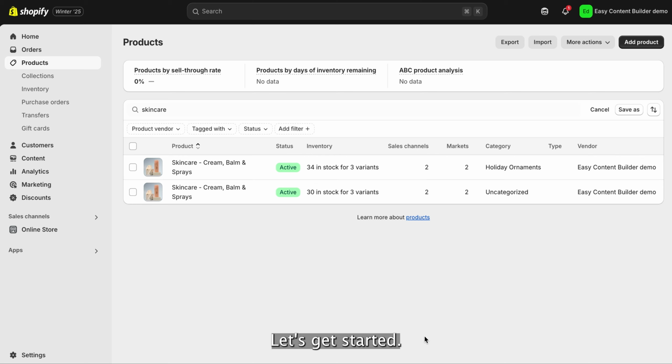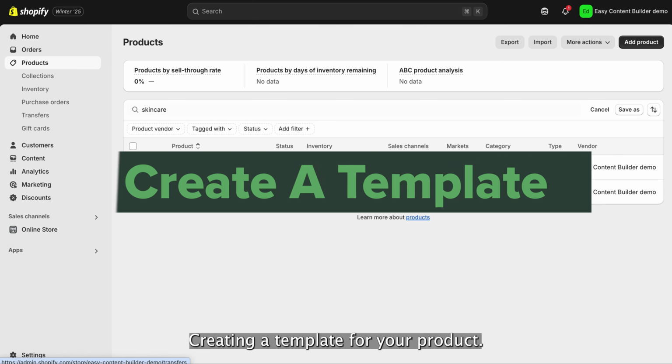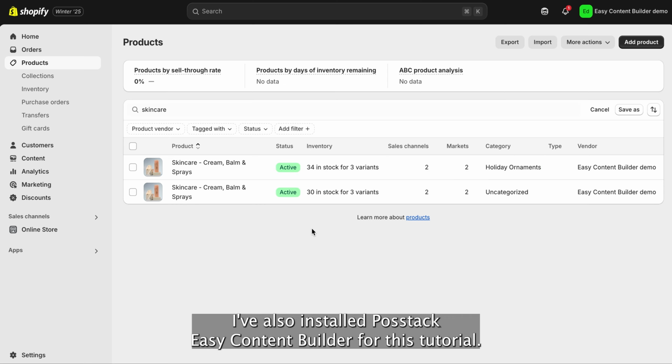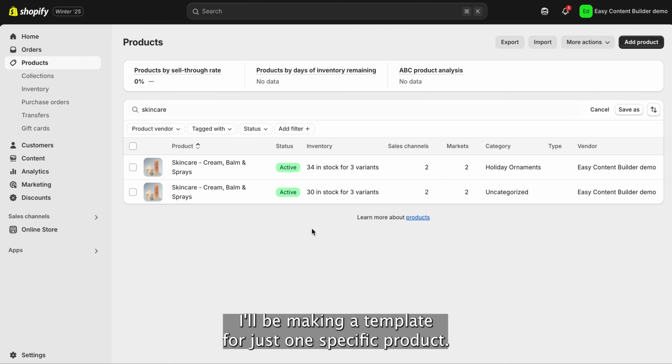Let's get started. Now let's jump right into the first step, creating a template for your product. Right now, we're in the Shopify product management section looking at a sample product. I've also installed Postack Easy Content Builder for this tutorial. I'll be making a template for just one specific product. If you need to create templates for multiple products, check out the quick start guide in the description for detailed